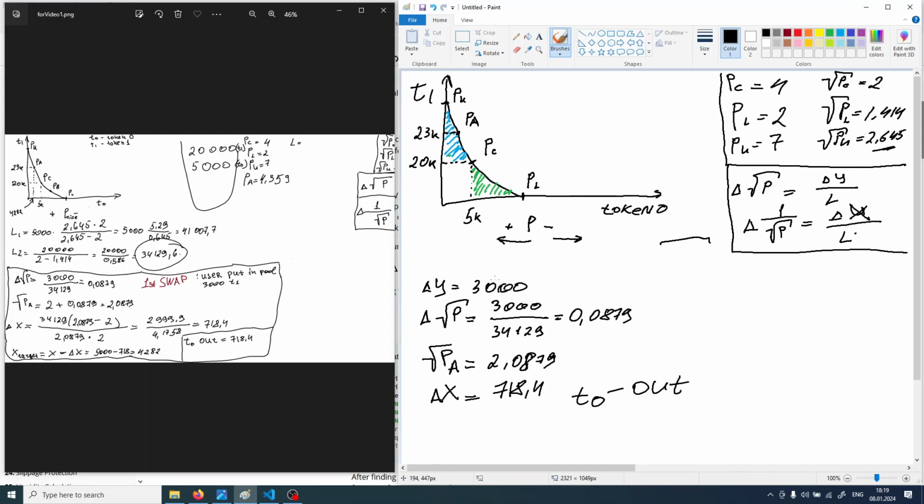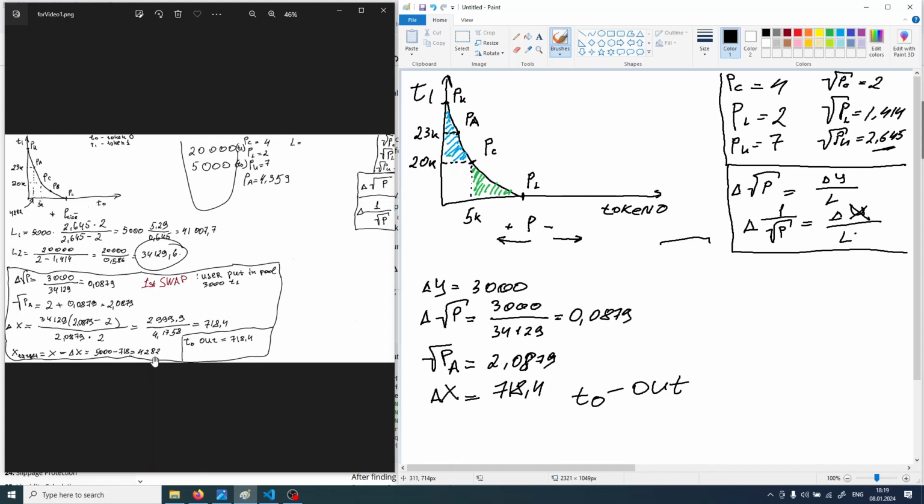So if the user sells 3000 of token 1, he will receive 718 token 0. Okay,